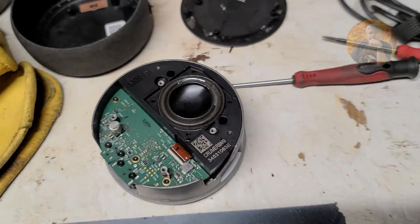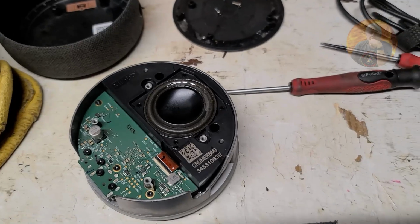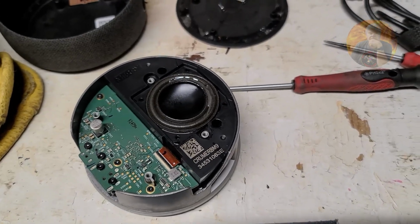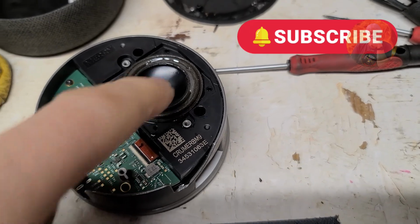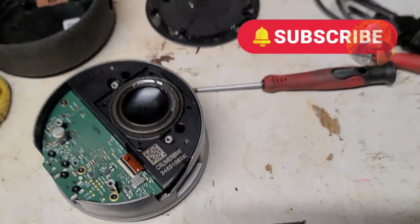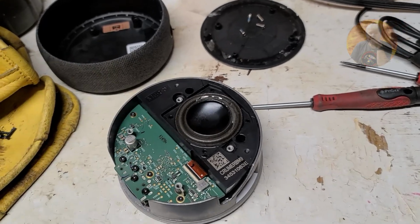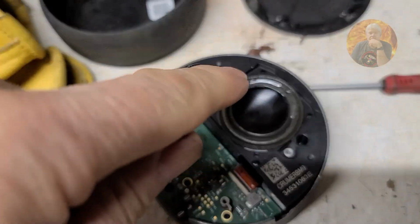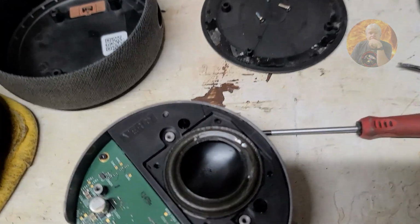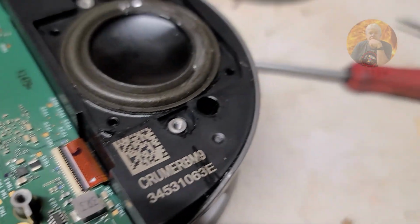All right, so all I did, what it was, it was muffled. Some sounds would come through, most sounds with the bass and so on. So the speaker is what was broken. I don't have another speaker, so I just put some epoxy on here, and I was lucky enough that you see the epoxy there is where the crack was. You can see the